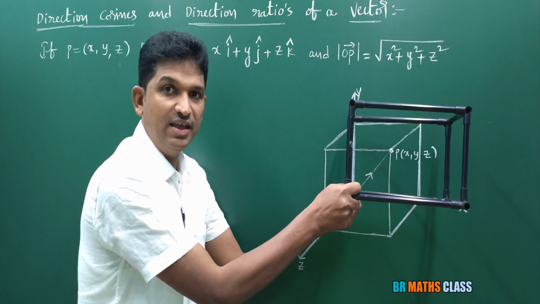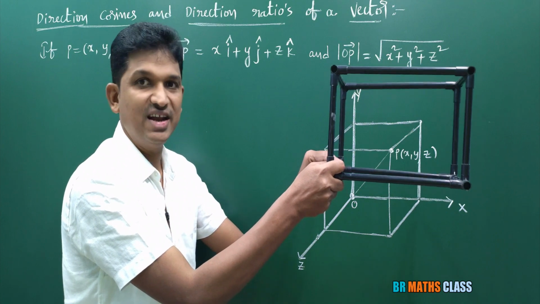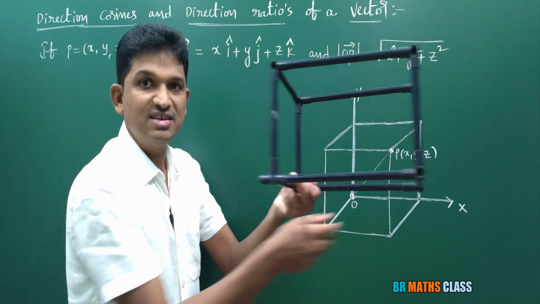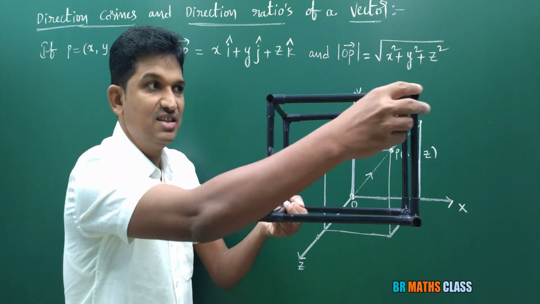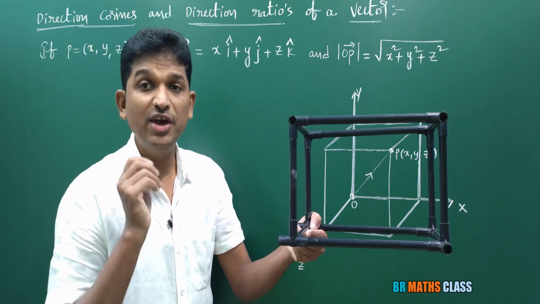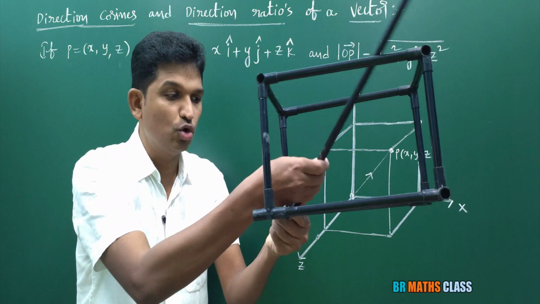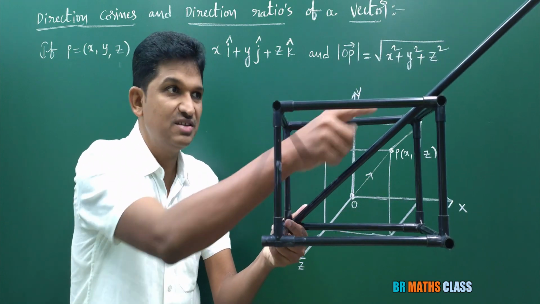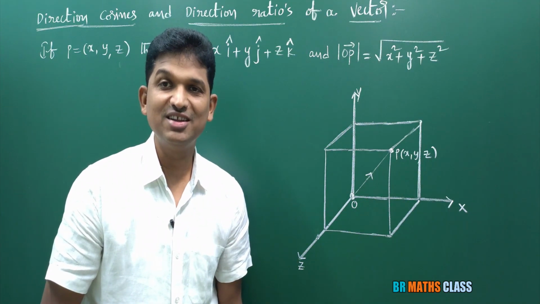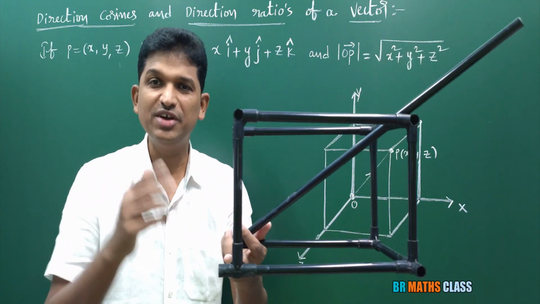Listen carefully. This is the x-axis, this is the y-axis, and this is the z-axis. Now I consider a point P in space. This is the point P, and I consider P as (x, y, z). Where is OP bar? This is some vector. You know that this point is O. See, this is OP bar. If you want to understand this more clearly, you can also consider a three-dimensional geometric figure like this so that you can understand it very easily.